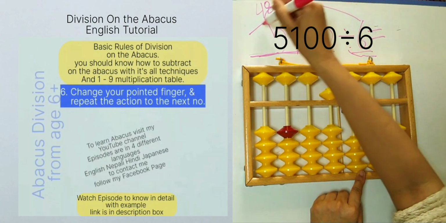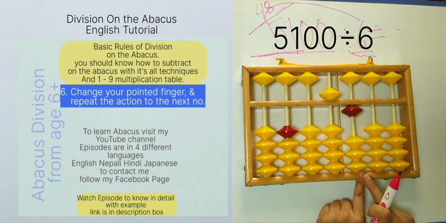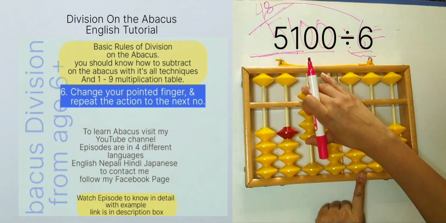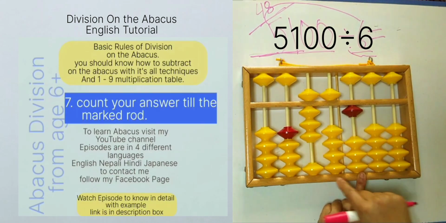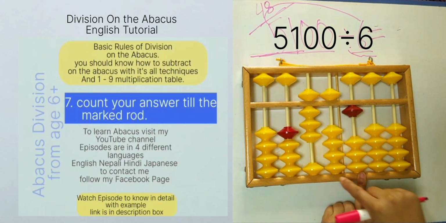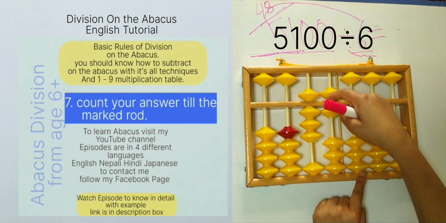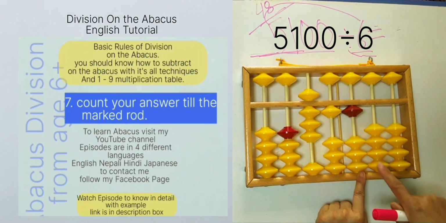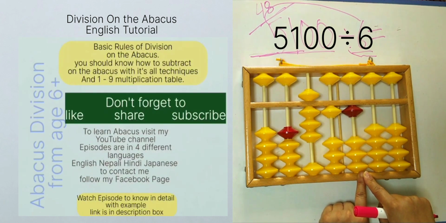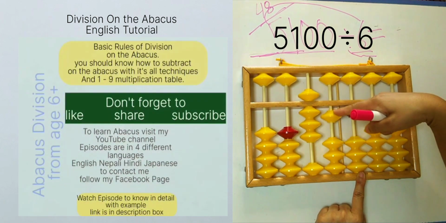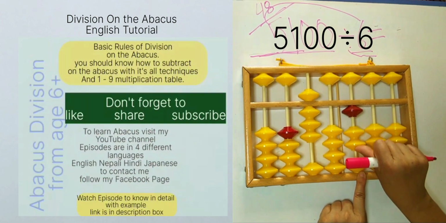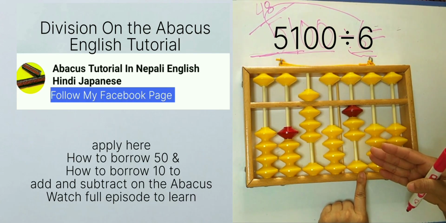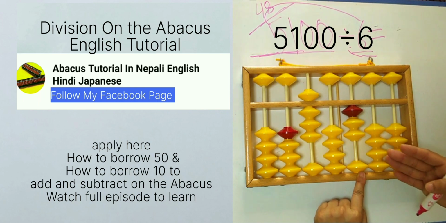We have to reduce this 48 from here and place your answer 2 rods to the left side here. 8. 6 8s are 48. You have to reduce 4 and 8. For 4 you have to add 1 and reduce this 5. You reduce 4 from this rod, and from this rod you have to reduce 8. For 8 please reduce this 10 and add this 2. This is